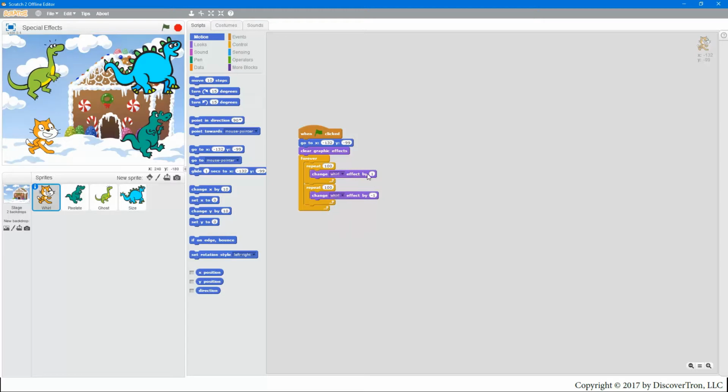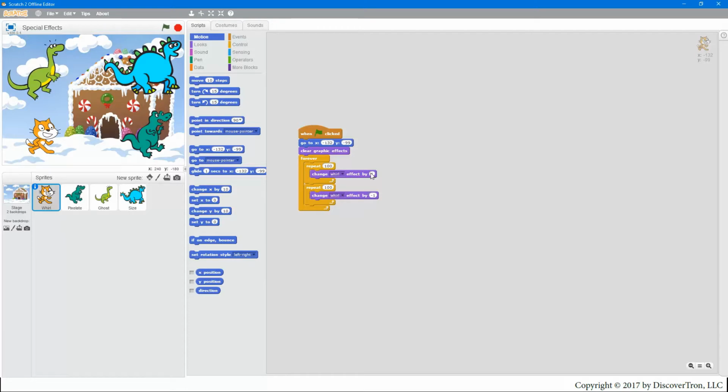On the special effects, as you increase the value from, say, 0 or whatever, we're starting at 1 here, whenever you change the value and increase it, that applies the effect. And when you decrease the value, it removes the effect being applied to the sprite. That holds true for pixelate and ghost. If you want to think about it, you can almost say that this is going from, say, 0% to 100% being applied. However, that's not really true. It's just a good frame of mind to think about when you're looking at these,